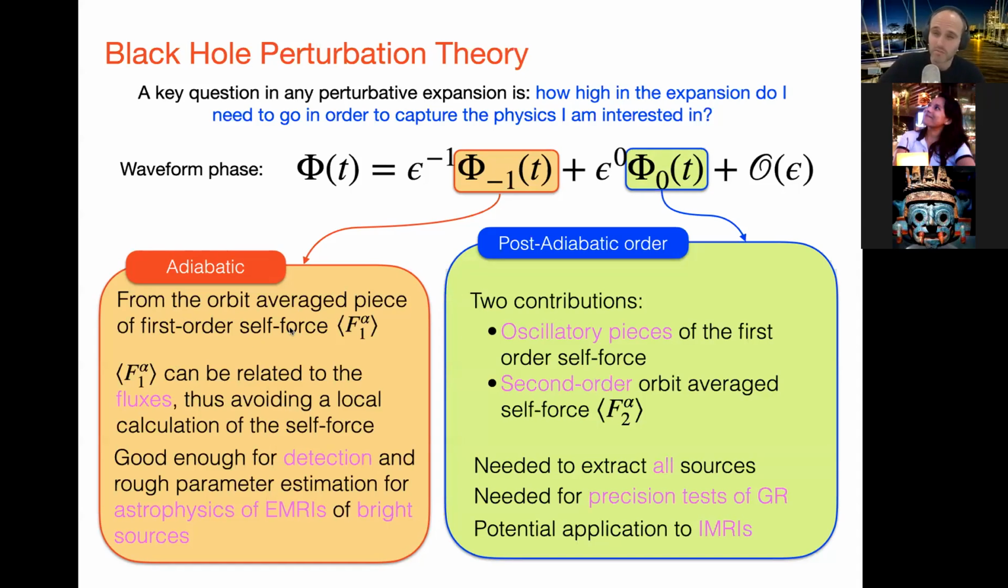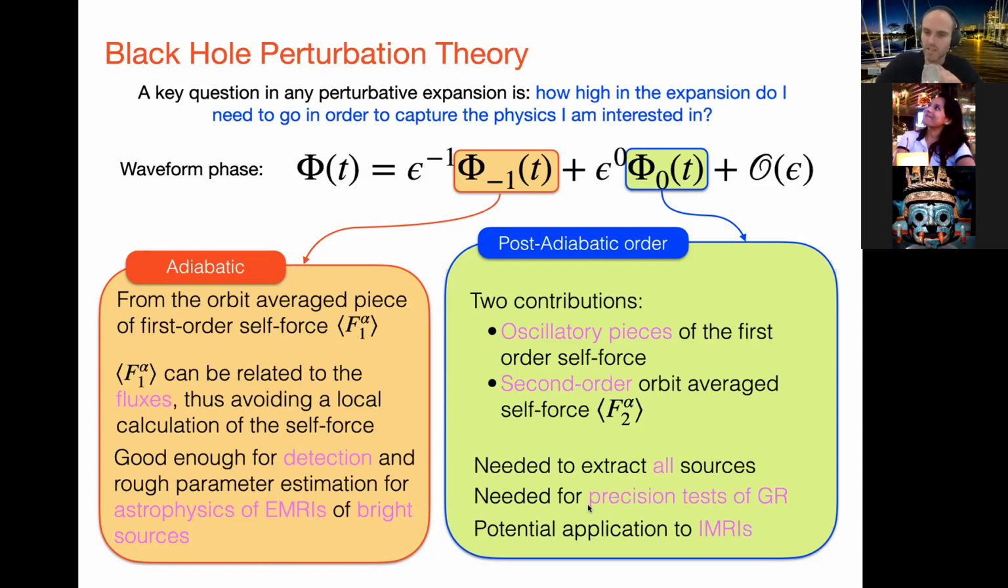So that comes from the leading order metric perturbation and the fluxes. What appears at what's known as the post-adiabatic order? Well, there are some things that oscillate on the orbital timescale, which are part of the self-force that you can't get access to from the flux because these are orbit averaged. And there's also a piece in the second order metric perturbation. So it's crucial to have that in order to get your waveform accurate to this level, with a residual of order epsilon. So you need this to extract all the sources you have in your data stream. There may be, hopefully, tens or more, hundreds or thousands of active EMRIs in the data.